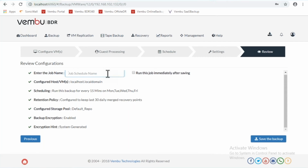So when we talk about the performance of Vembu BDR Suite, Vembu has its own file system for storage purposes, which stores the data in its own proprietary format, which again helps to improve the backup and recovery performance. Unlike other vendors, we back up the data at the block level as well as store the data at the block level, so that it increases the performance of the VM and